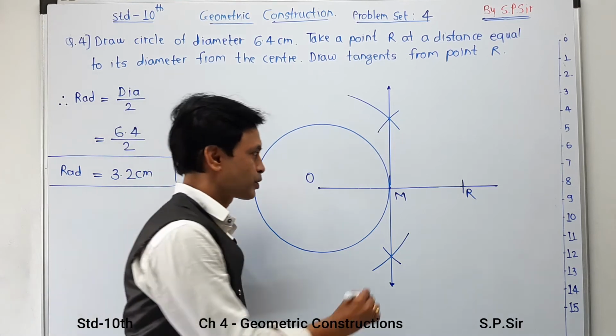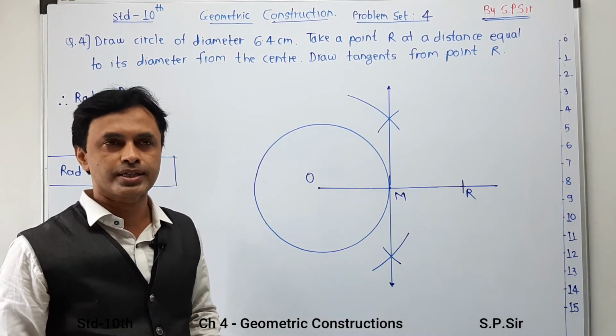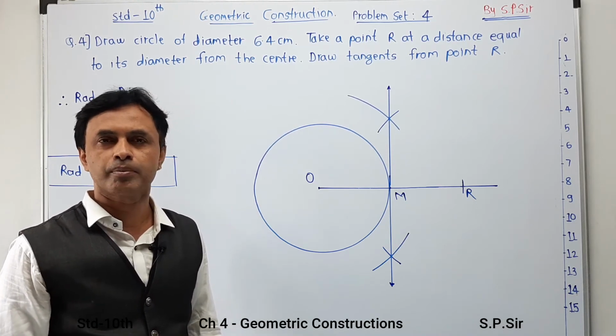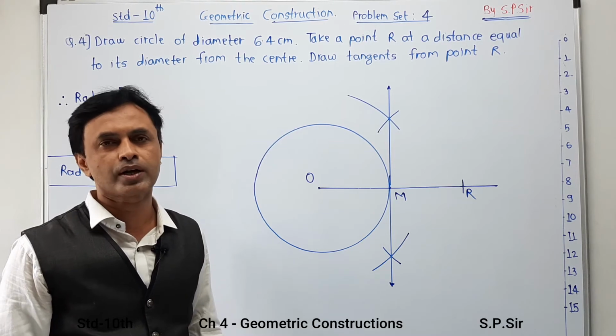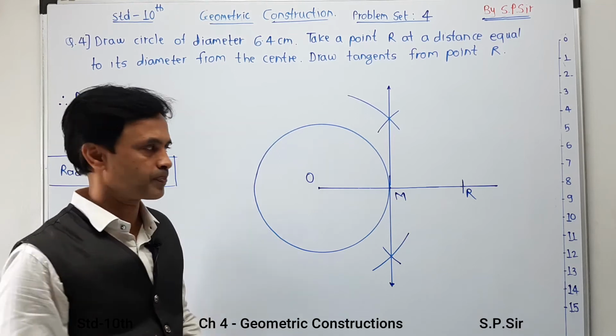Now here you have to take a radius from M to O or M to R, that is your radial distance or radius, and you have to draw the second circle over there. Student, I am using a different marker, but when you are practicing on your paper, in any test series, or on a board, you have to draw the entire diagram by pencil only.